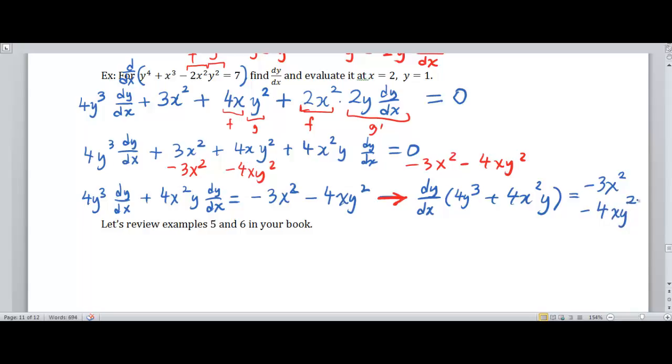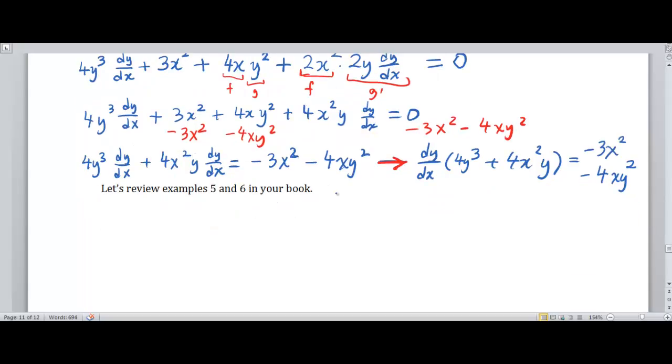Okay? Now I have to get the dy/dx by itself, so I'm going to divide both sides by whatever's inside the parentheses. So that gives me dy/dx